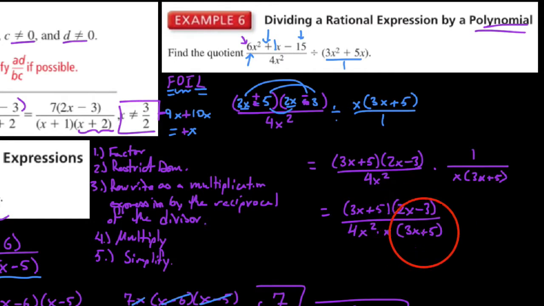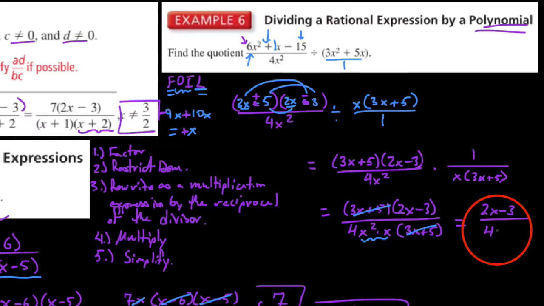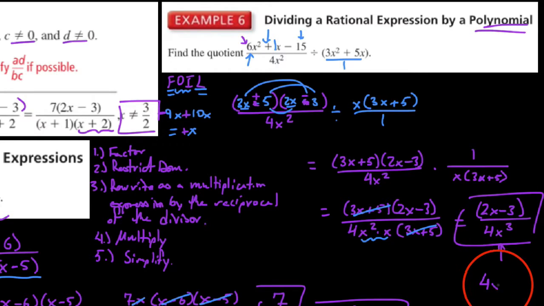So looking at what we're dealing with here, we readily notice that the 3x plus 5 cancel out, and also that this x squared times x, we could rewrite really as 4x cubed. So our simplified form of this rational expression would be 2x minus 3 over 4x cubed. So this number over this factored expression. And you could see here that if we were to set 4x cubed equal to 0 and solve it, that is divide by 4, we would get x cubed equals 0. We'll take a cube root of both sides. When we take a cube root of both sides, the cube root of 0 is 0. So one thing we need to make sure we do here is restrict the domain to exclude 0,